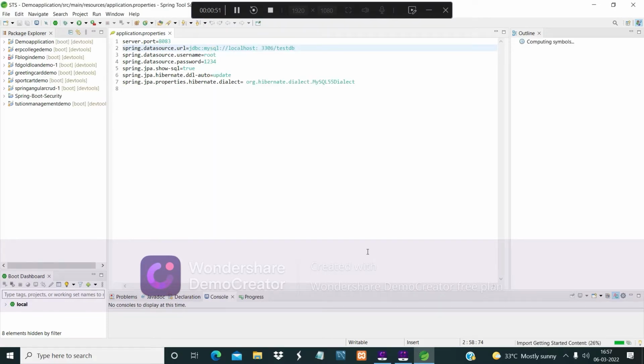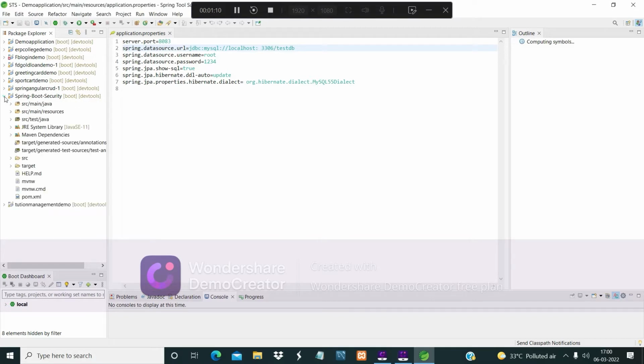So the project is being imported. So our application is being imported. So it is created. We will use Spring Boot and Angular for creating the full stack application.